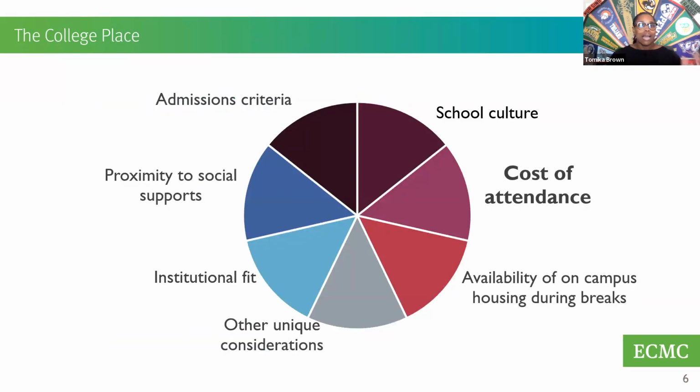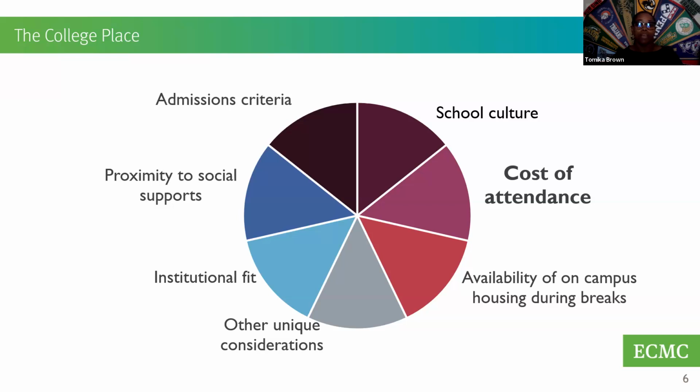But we're not naive about all the things that students who are experiencing housing instability and students who are in care have to consider as they are figuring out what's next for them. If they're considering post-secondary education, there are a lot of things they have to take into account. They have to consider admissions criteria. Many of them are transient and go from school to school, and so being sure that they have taken the sufficient amount of coursework in order to be considered for admissions